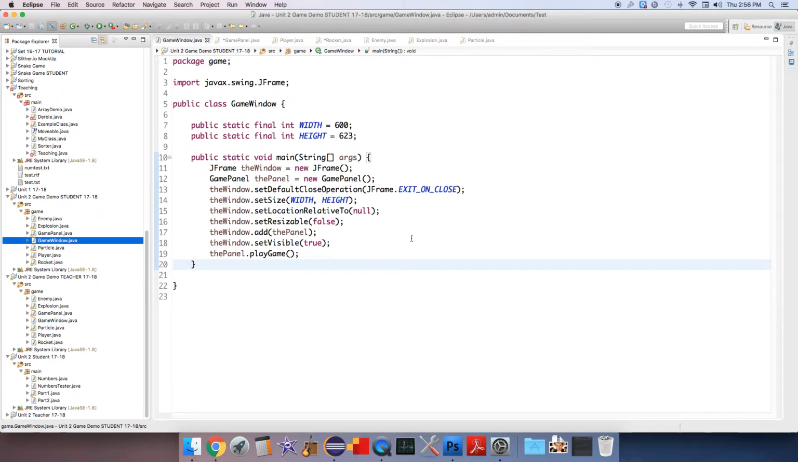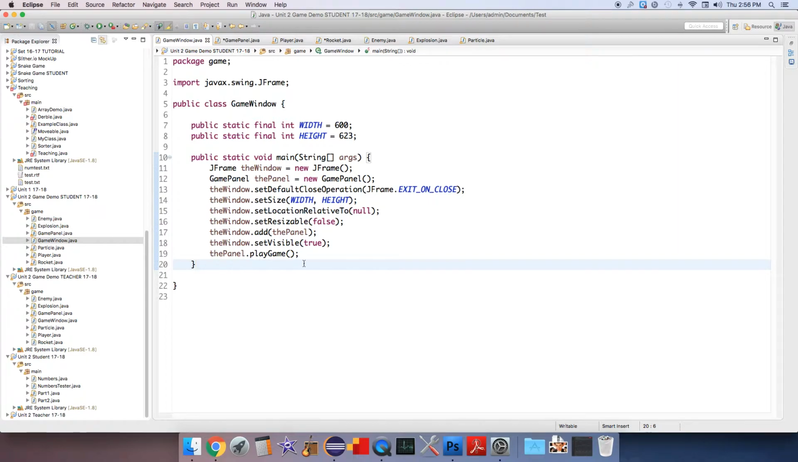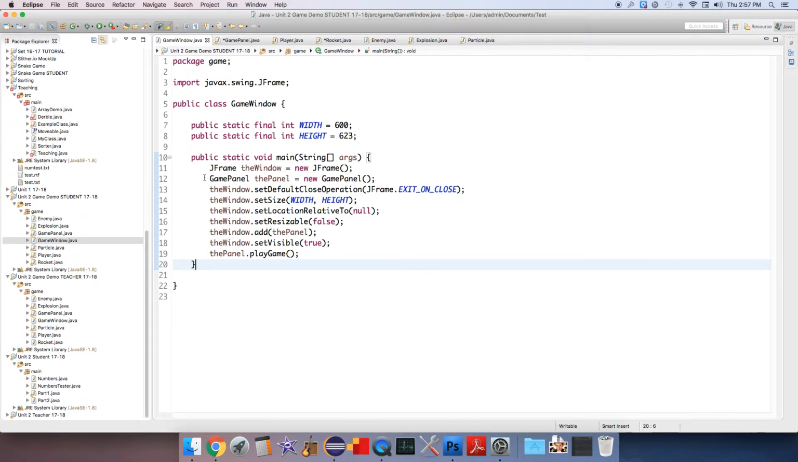The game window class is responsible for the main method. And this is all the compiler knows how to do. Now it looks very short, and frequently the main method is actually very short, but the main method will reference other objects that start larger processes. So this main method creates the constants that hold the width and height of the window that the game